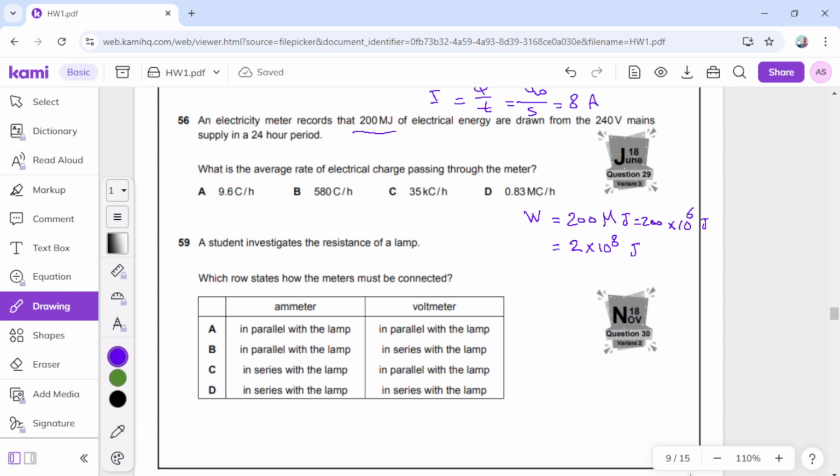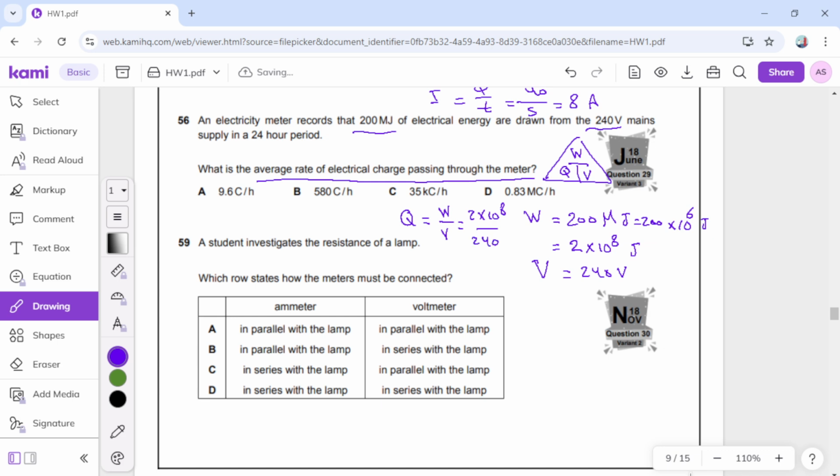Okay, now the next. This is a hard question, the only hard question in this homework. He gives you 240 volts, so this is the EMF, V equals 240 volts. Now he said, what is the average rate of electric charge passing through the meter? Be careful because the unit is C over H or kC over H. It means we want to find the charge first. You have to find the charge from the triangle. Again, the triangle is work, charge, volt. So the charge will be W over V. So now W is 2 multiply 10 power 8 over V,